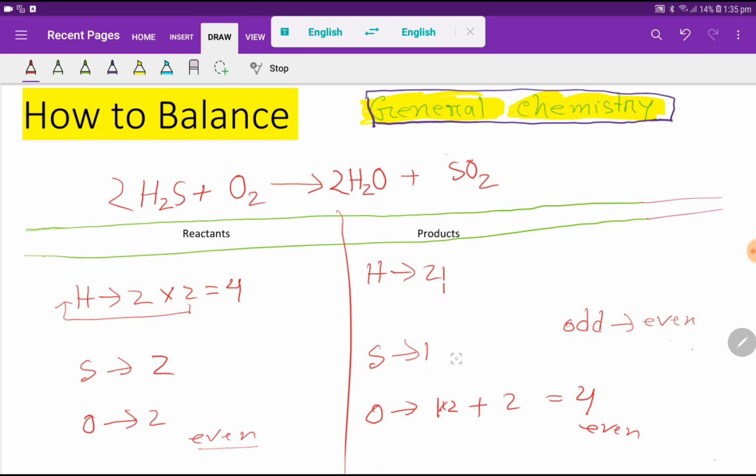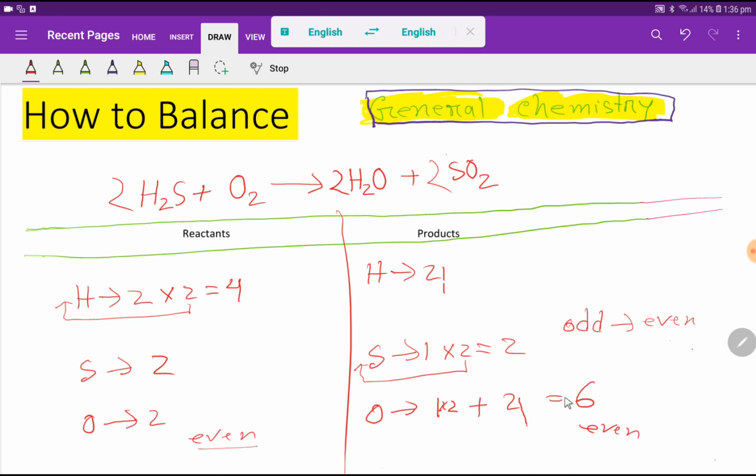So to balance the sulfur, what can I do? I can multiply simply here by 2, that gives me 2. These two must come before this sulfur, that is here. So if I place here 2, the number of sulfur will be 2, the number of oxygen will be 4, right? So here I have to take 4. So 4 plus 2, that gives me 6. So let me update the number of oxygen. So 6.